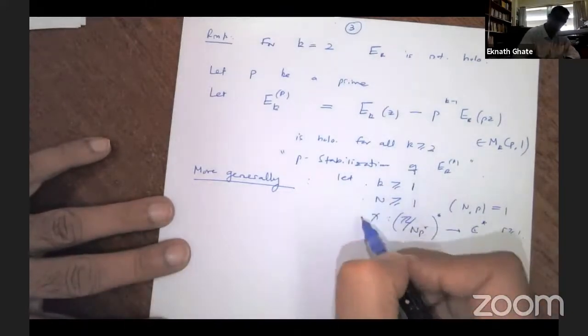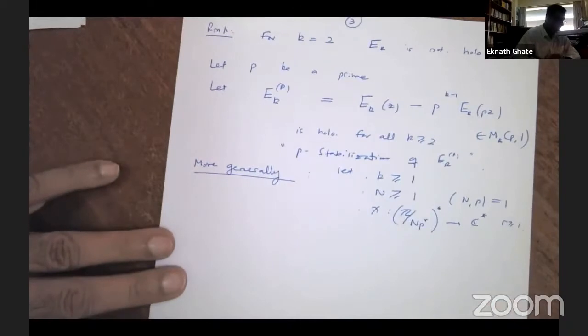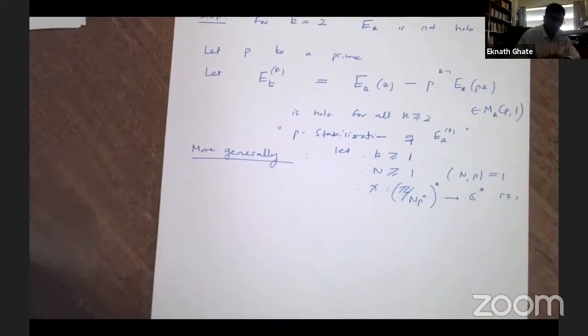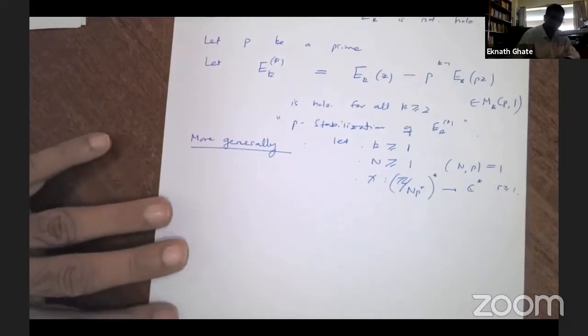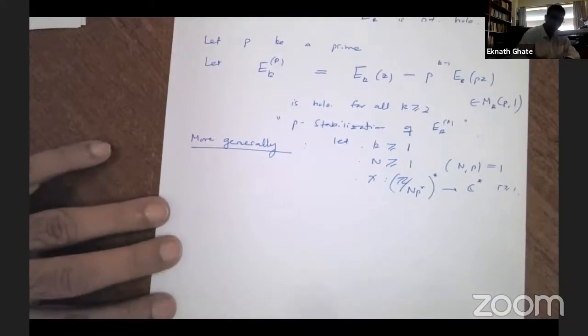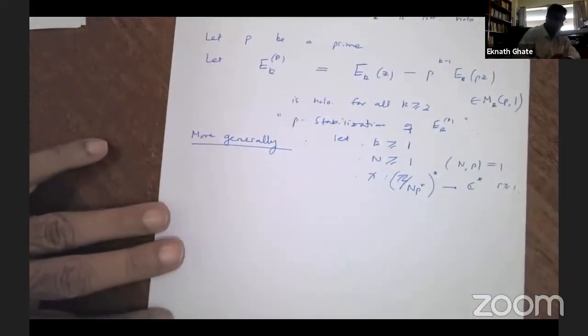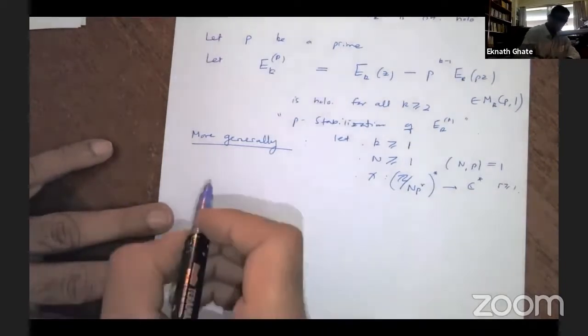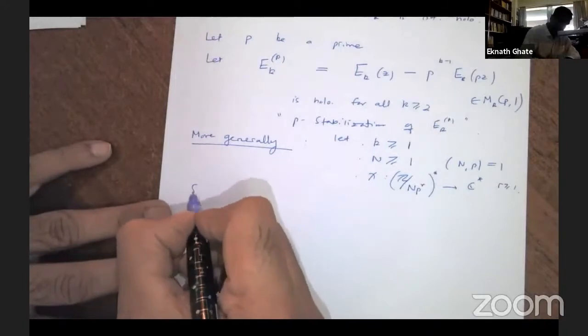Okay, so these are now the starting data. And chi has the same parity as k. That means chi of minus 1 is minus 1 to the k. Chi of minus 1, of course, is plus or minus 1, so we're required to have the same parity as k. Otherwise, you get a zero space of modular forms. Okay, so set